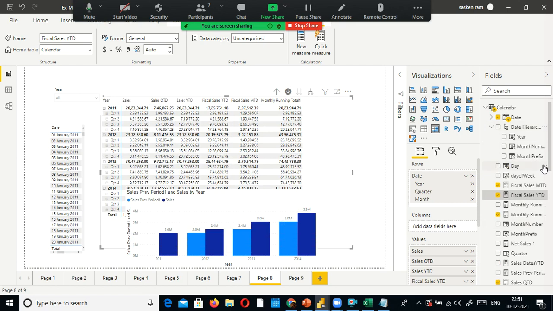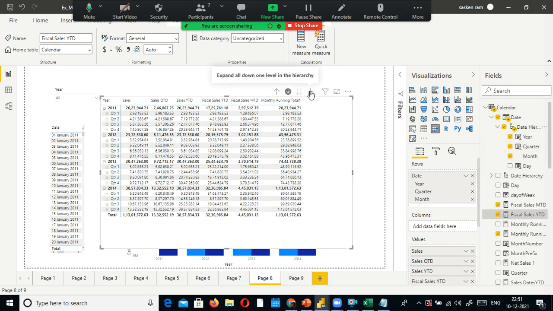Look here, what is the hierarchy here? Year, quarter, month. You are in quarter here, right? If you want to see the month level, you just select this one. But if you want to go one level up to quarter, you need to select this one. Drill up. And this is expand all down. This is your drill down. Click this part, but you need to enable this one in order to drill down, to go to the next level in the hierarchy.